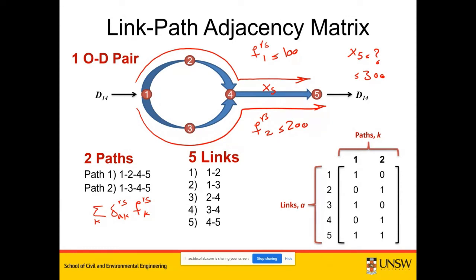We only have two paths, so this summation, this is K, would be either 1 or 2. We have path 1 and path 2. If you want to multiply this, you can actually write it in a matrix format as well. So this would be this matrix, which is A by K. The dimension is A by K, right? Multiply by